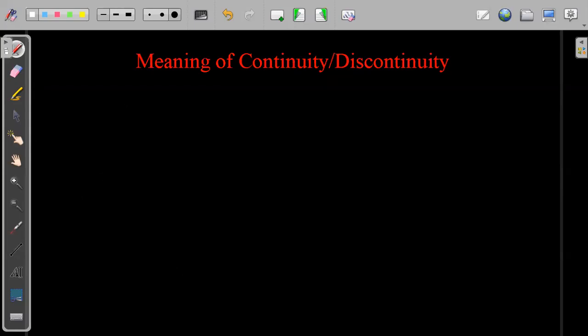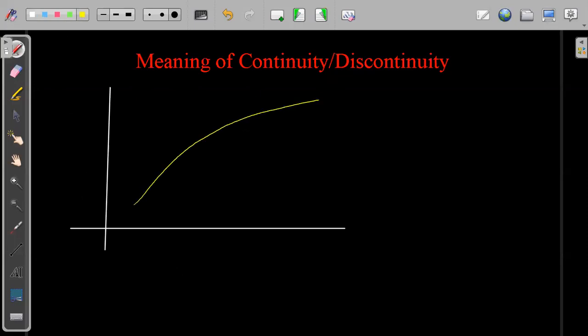Okay, now, so we were discussing the meaning of continuity and discontinuity in a domain, from the left hand side and right hand side. Suppose we have a function. Previous to this, we were removing this point and discussing the limit. On the right hand side, this point was converging to a particular point.